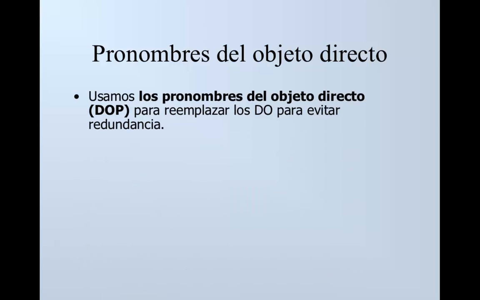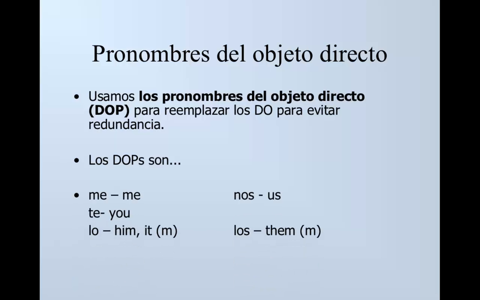Okay, and as far as direct object pronouns, we would use those to replace the direct object. So we would have me, te, lo or la, nos, los, or las. Again, this is all a review from capítulo 7. So if you have any questions on that, go back and look at that video and do the practice activities from capítulo 7.